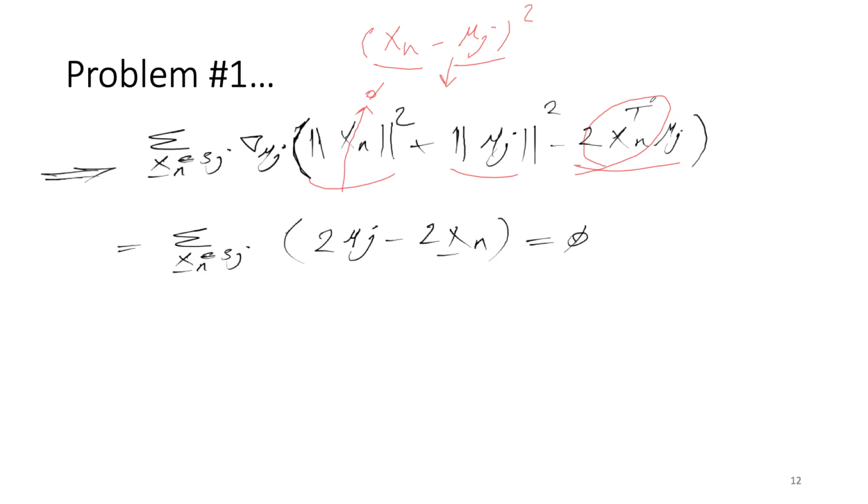So getting the gradient, this was 0, this was considered a constant for us. This comes back here, that would be your 2 mu j's, and this one, because it had first order, it's going to go to 1, so you have only 2 xn's, right? So that would be